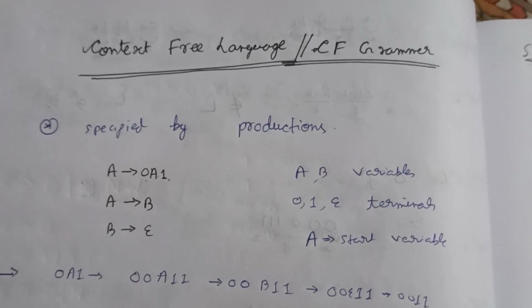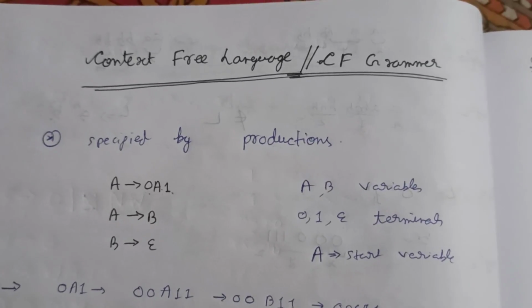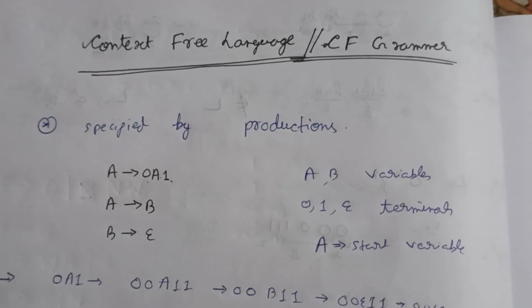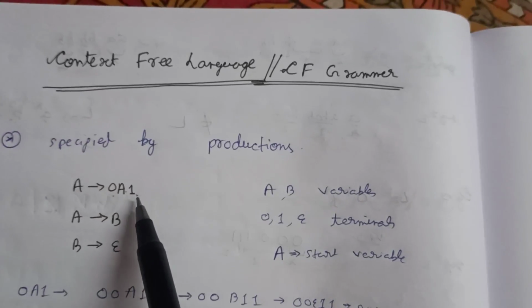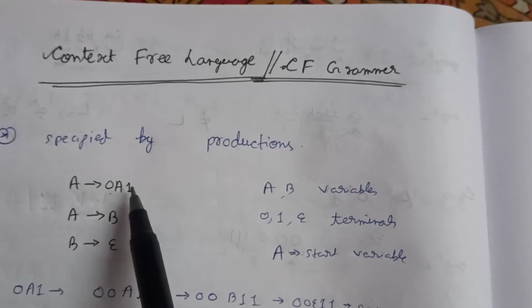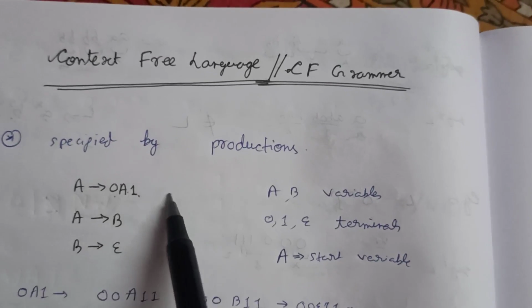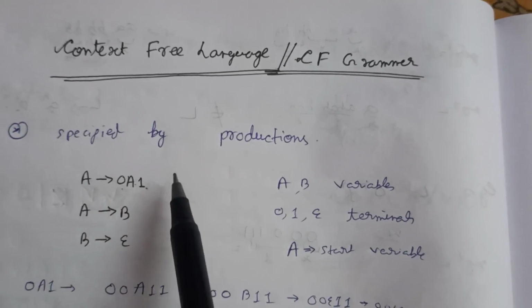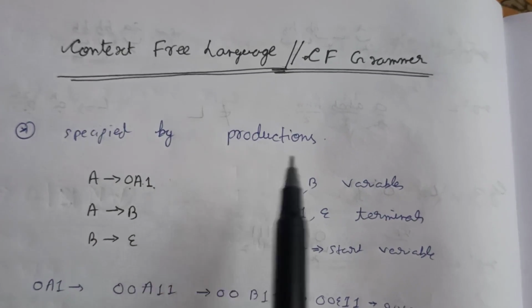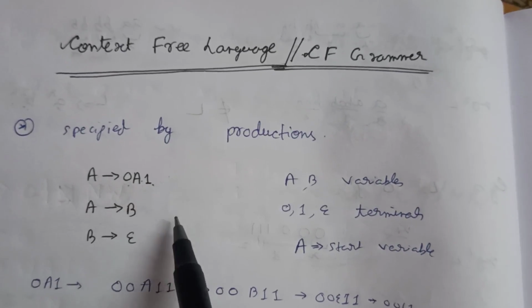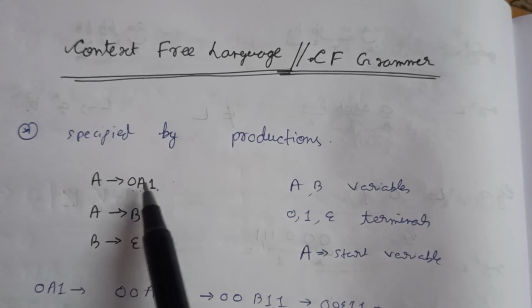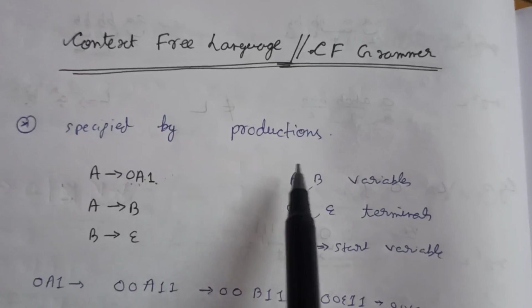Today we are going to learn about context-free grammar and context-free language. We already know regular grammar and regular language. We have seen there are two types of regular grammars, left linear and right linear, where the terminals can only be present on either the left side or the right side of the variables for a particular grammar. But in the context-free grammar, they can be present on both sides, or on either of them. For a context-free grammar, the terminals are allowed to be present on both sides of the variables.